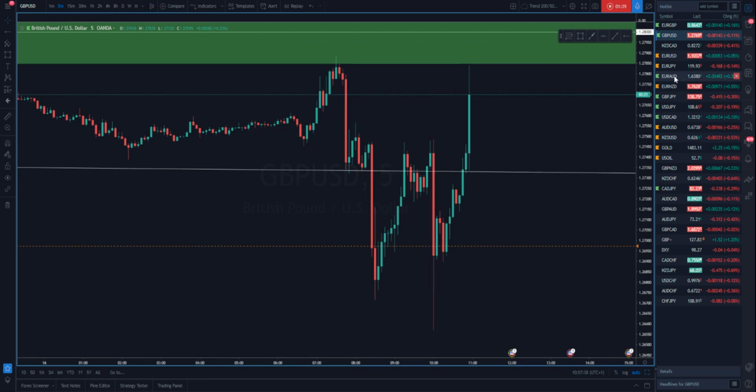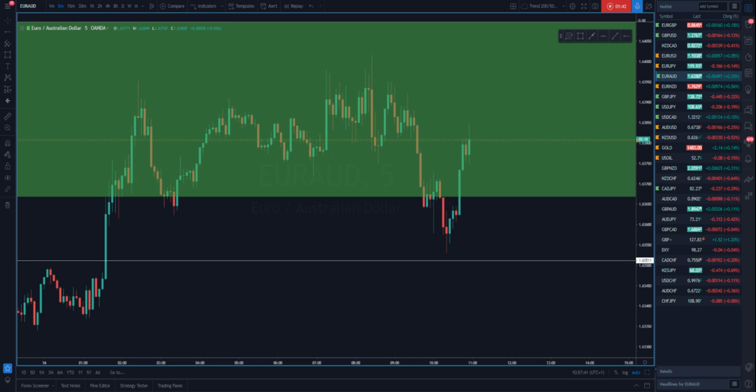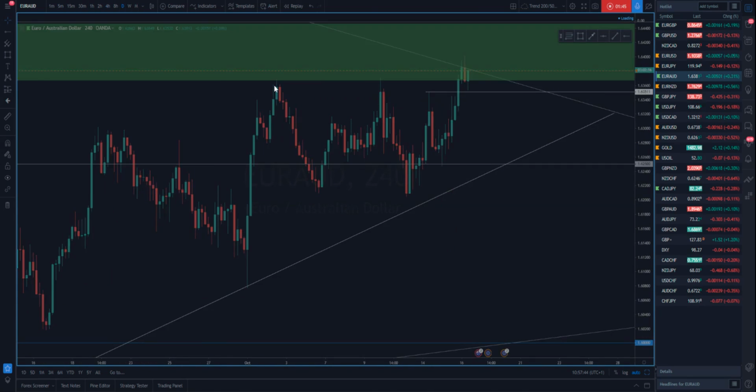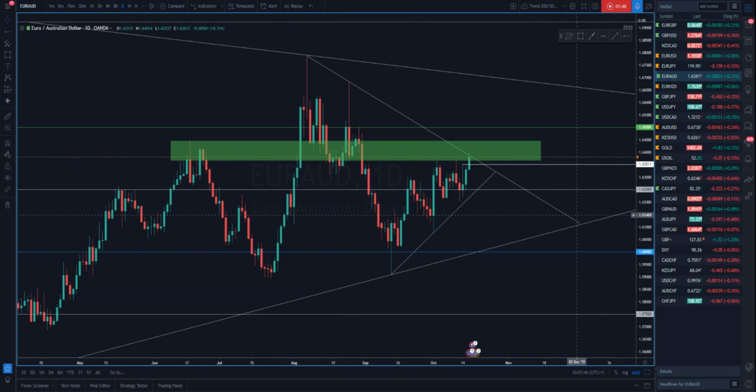So if I just go back to Euro Aussie, I'll start with the daily time frame. I'm not going to go into market structure, support and resistance. If you're new to the group, just go and watch the online videos, and I'll teach you how to do top-down analysis properly, set your support and resistance lines, create your zones, and use the trend line structure, and how to manage all of this framework. Briefly, the framework allows you to identify price. Here's price right now. It allows you to identify it in the bigger picture.